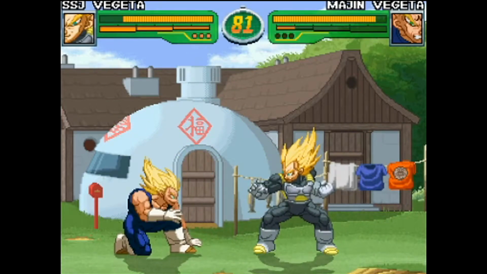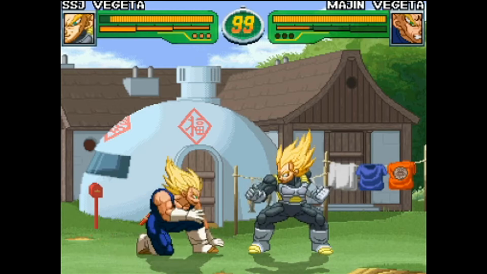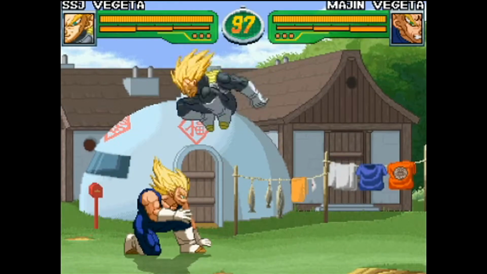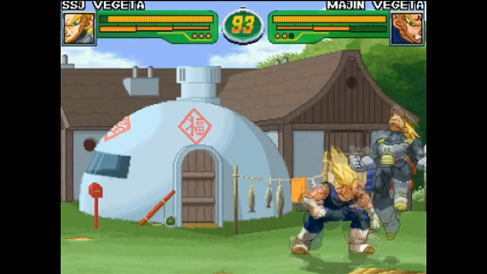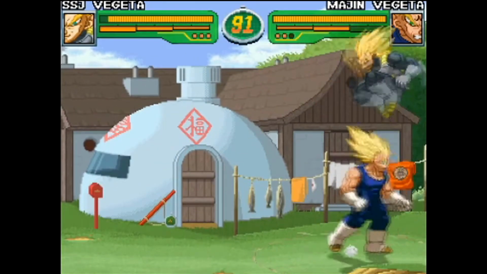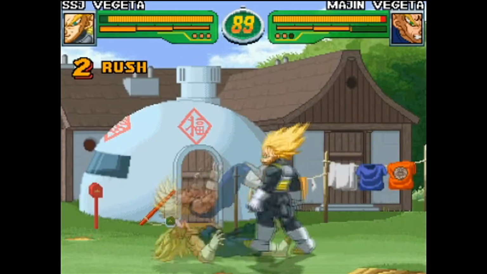Everybody has 2 different ones, a punch alpha counter and a kick alpha counter, both in the air and on the ground. They'll all have different properties. They won't always do a punch or kick, depending on what button you...